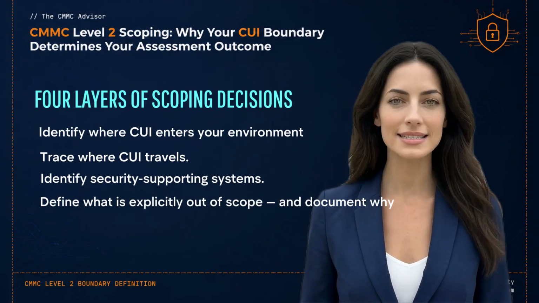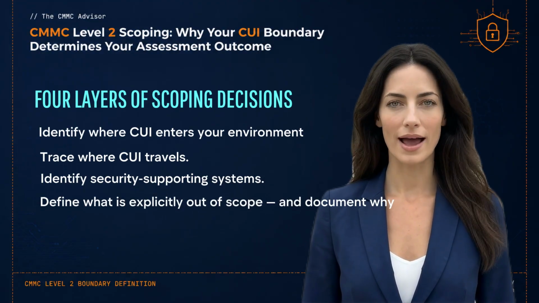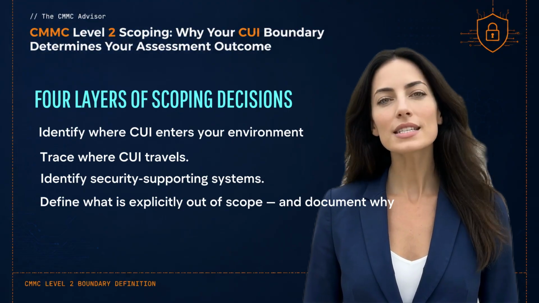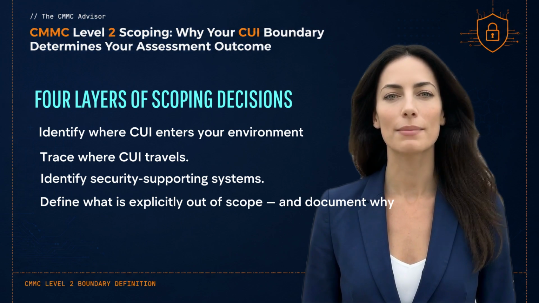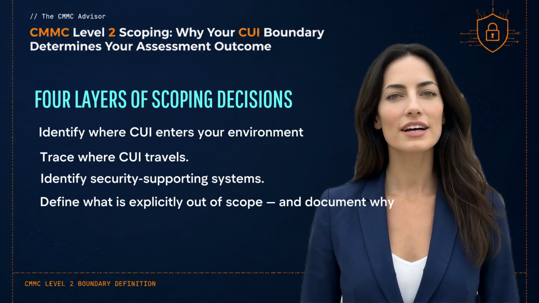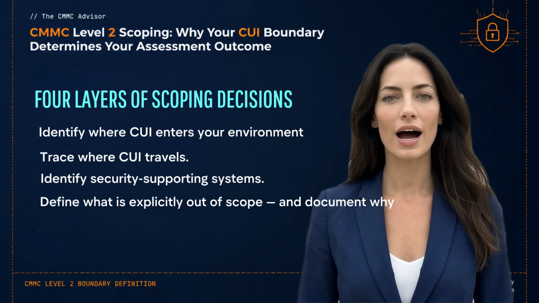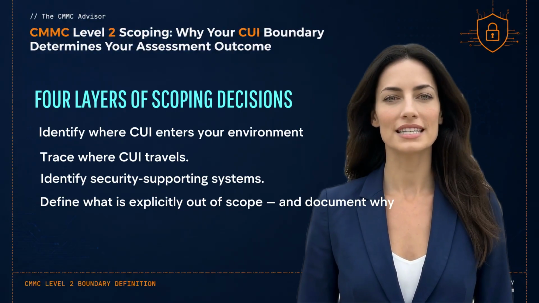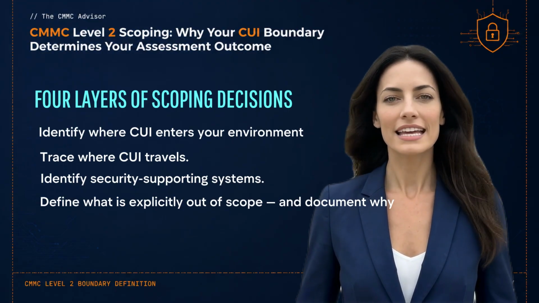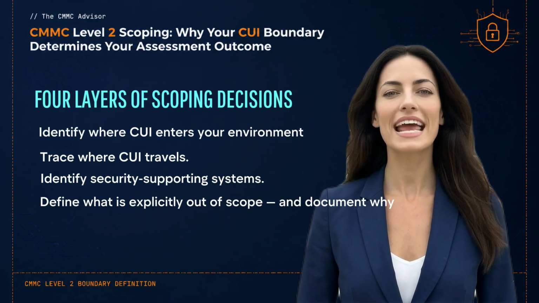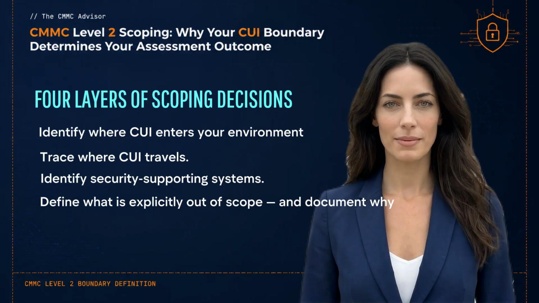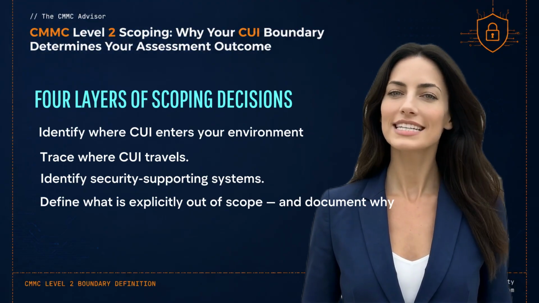Layer 4. Define what is explicitly out of scope and document why. Out of scope is not assumed. It is argued. For a system to sit outside your CMMC boundary, you must demonstrate that it has no path to CUI and provides no security function to the CUI environment. That argument needs to be documented in your SSP. If there is a network path, even an indirect one, between an out-of-scope system and an in-scope system, an assessor will ask about it. Segmentation controls need to support that